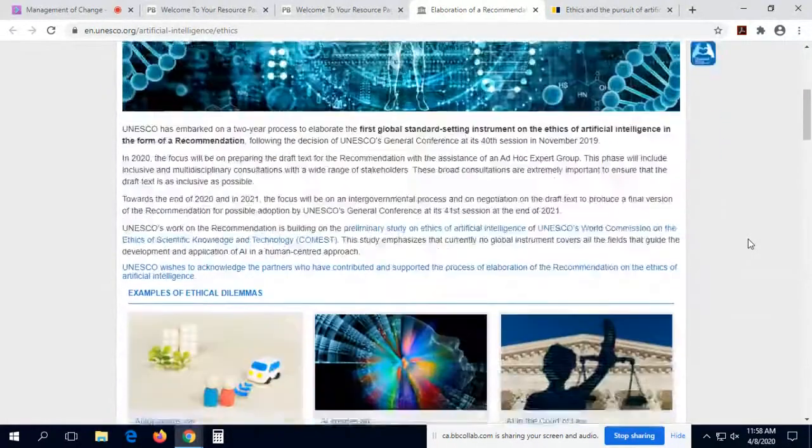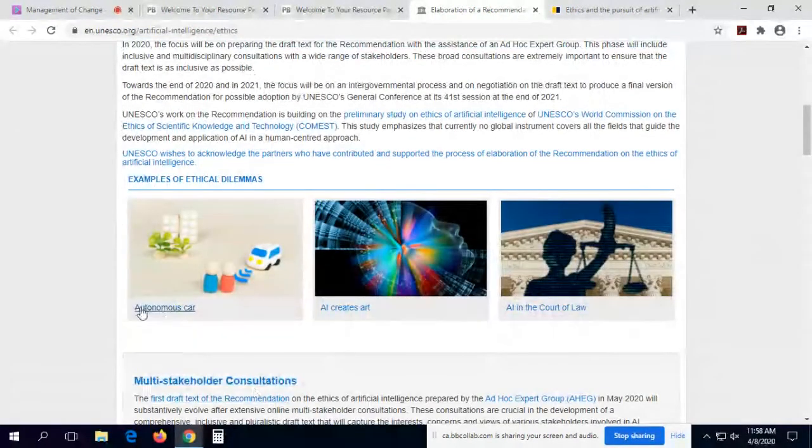UNESCO, I'm sure you are familiar with this United Nations body. They are giving some recommendations in various areas, autonomous cars. We spoke about it, but if we start talking about cars and all of these things, it is going to take 3-4 hours easily. We can't spend time like that. That is why I have made a lot of postings on the site. If I had a longer period of time, I would be covering all of them at a slow pace. But you can read these in your own time, over a period of time, at least the basics.